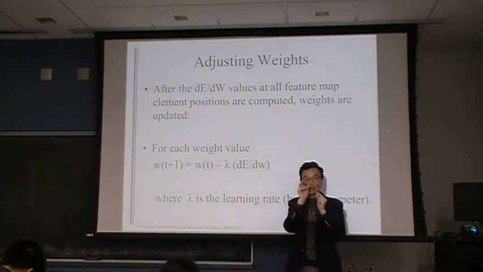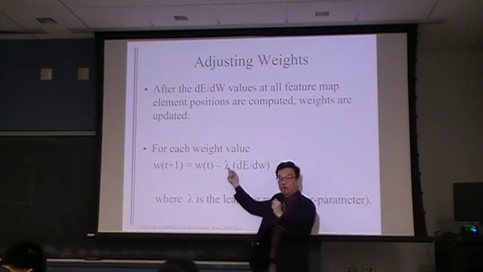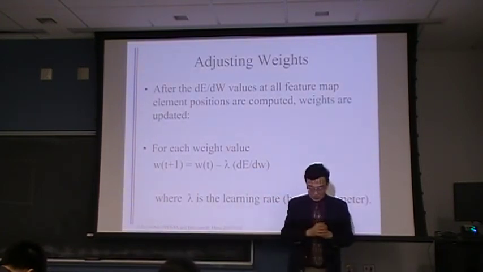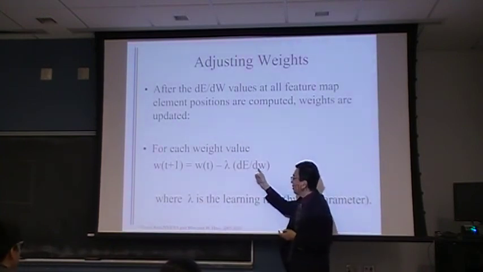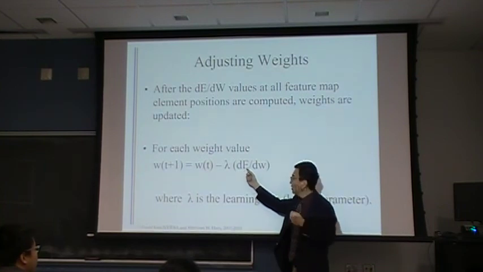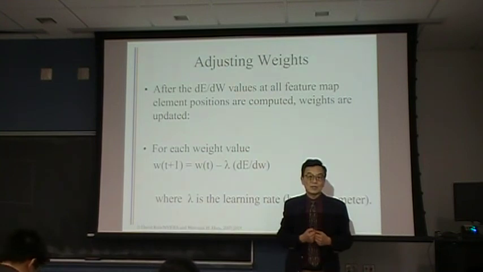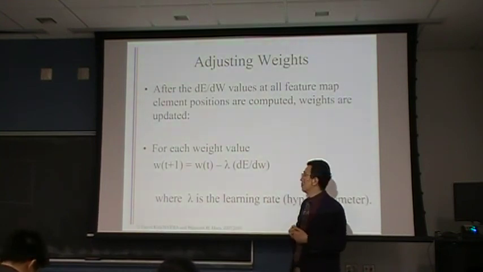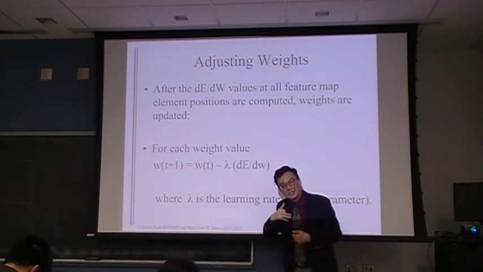The lambda is usually a small value called the learning rate. And then you subtract that product. What's the rationale? This thing is telling you, if I increase the W a little bit, how much of the error is going to increase? If this value is positive, that tells me I should decrease the W value, right? And the more the error is going to increase, the more I'm supposed to be subtracting from the W